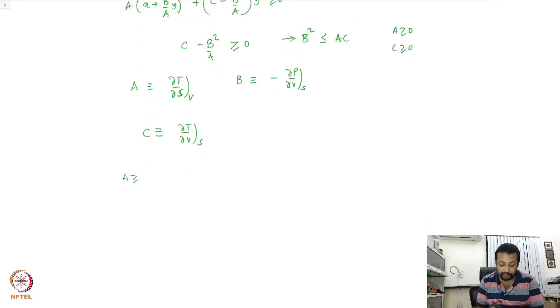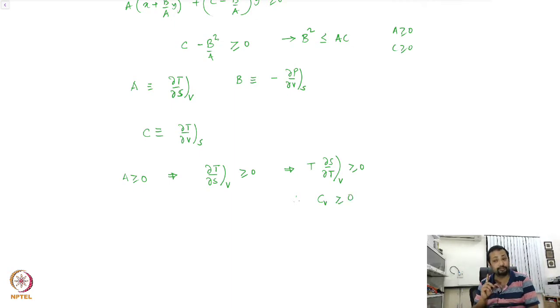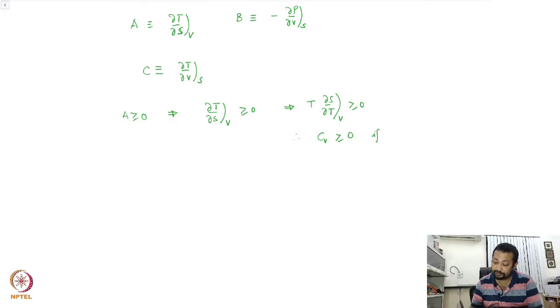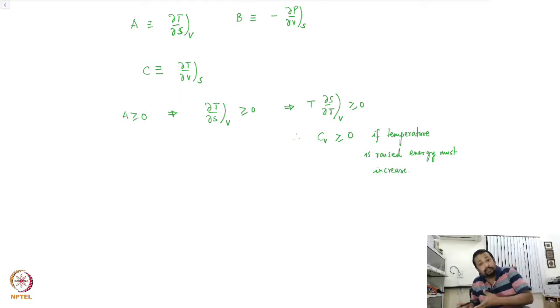So a greater than or equal to 0 implies that del T del S at volume constant is greater than 0, which in turn implies that T del S del T at volume constant must be greater than or equal to 0. And therefore, you immediately conclude that the specific heat at constant volume must be positive, which essentially means that if temperature is raised, energy must increase. Or in other words, if you give heat to the system, its temperature must increase, because TdS, remember,